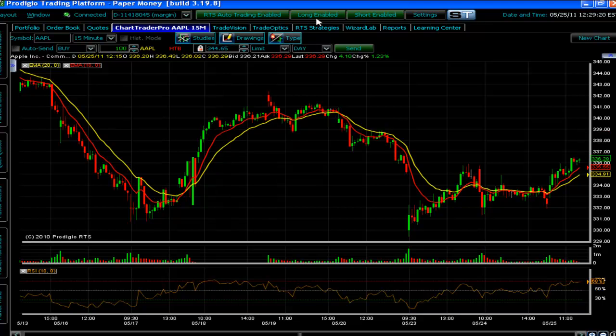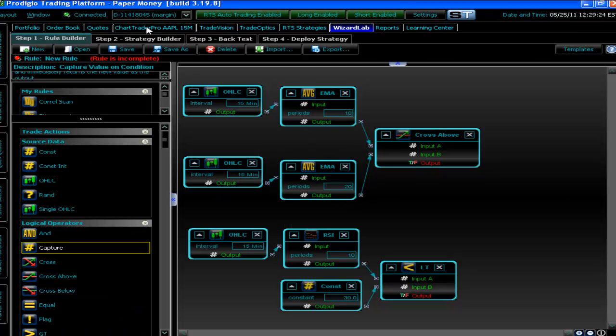Some of the things that we're working on is we're tying Wizard Lab directly into the charting, so that as you're dragging and dropping these out, you'll be able to see them update the charts in real time as it happens. And if you're developing a strategy, especially for a specific symbol,